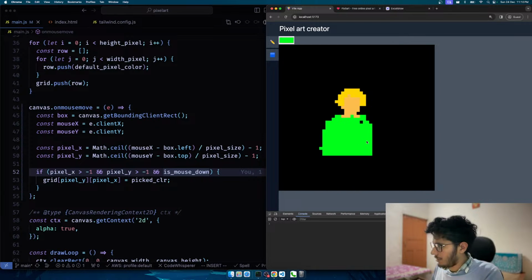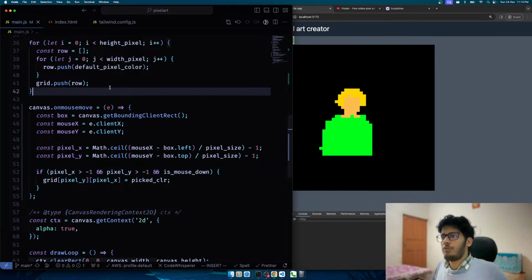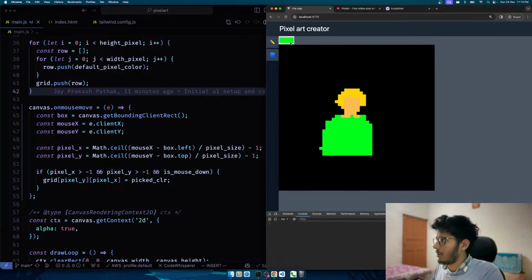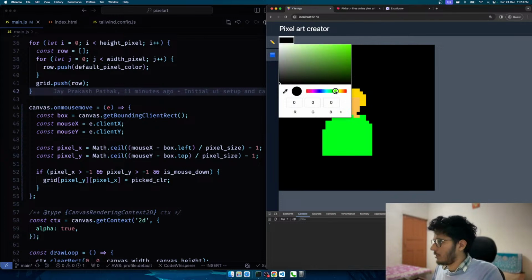We should have an eraser, I guess. Yeah, we should have an eraser. How many of you think we should have an eraser? Because right now I have to go to black color, then kind of do this, and then let's switch